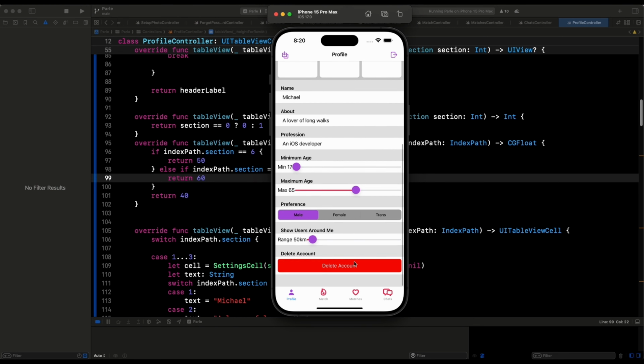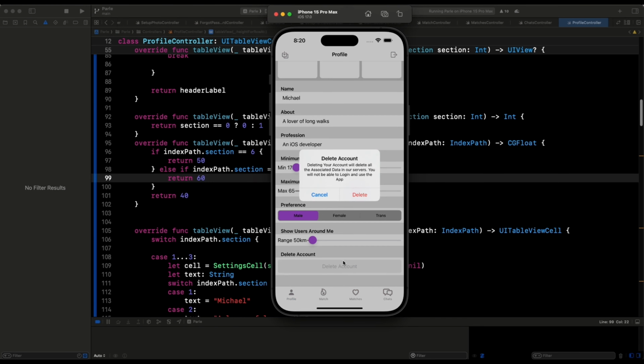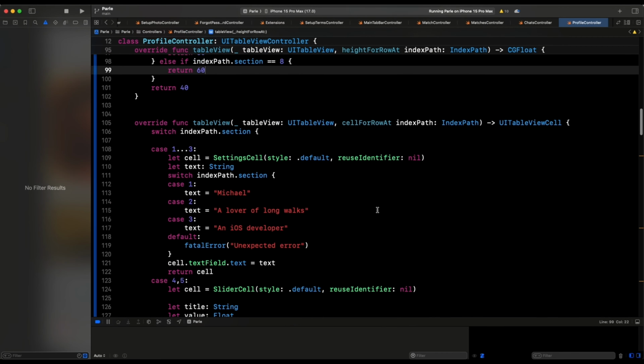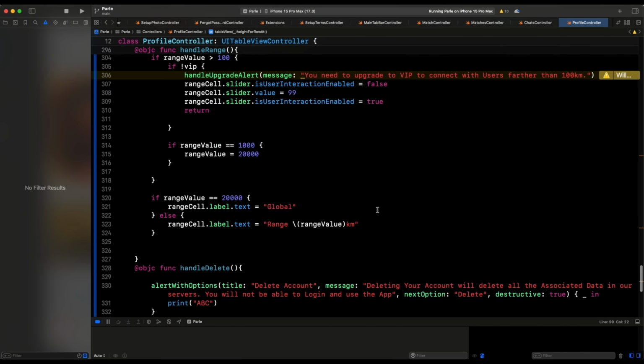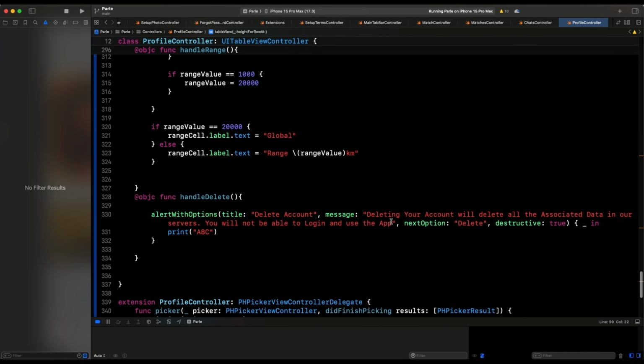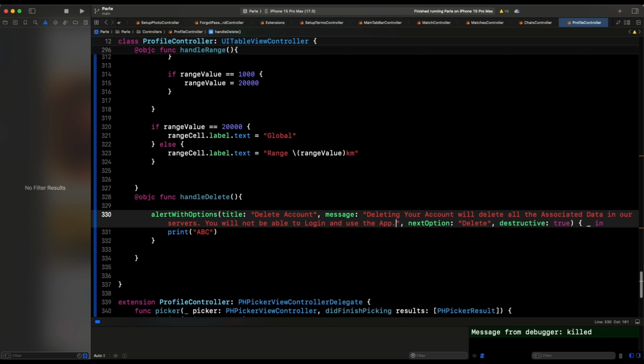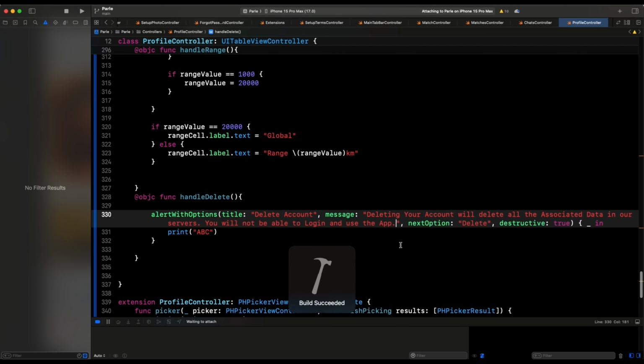Okay, come here, right? So if we hit this, we are supposed to get: Delete account. Deleting your account will delete all associated data in our servers. You will not be able to log in and use the app, right? I don't like the fact that we don't have a full stop here. So put a full stop, reload that, and after that,